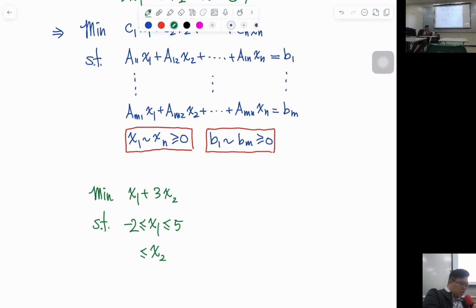Okay. In this case, we are dealing with an issue. If you allow x1 to be negative, then this doesn't fit what linear programming wants. So at this point, you can do something. You can do some shifting. You can introduce,